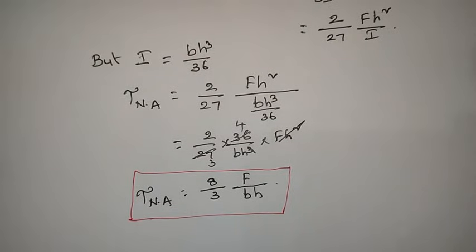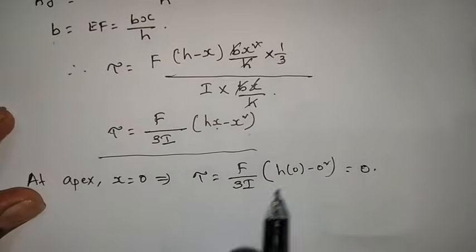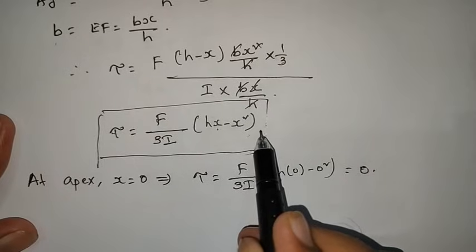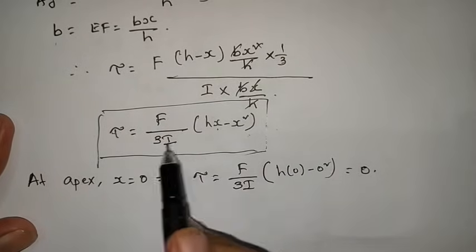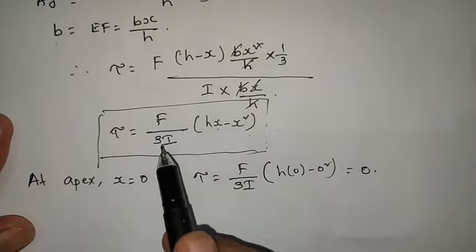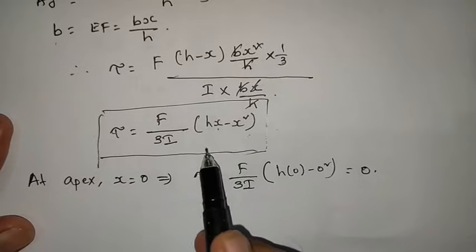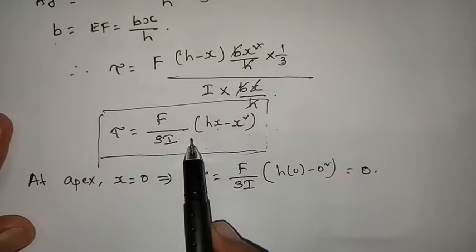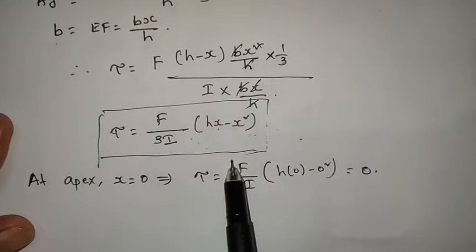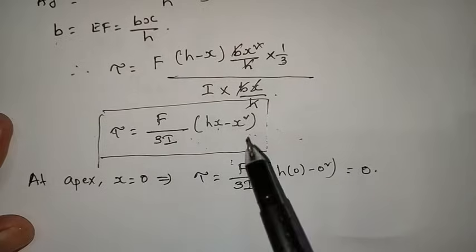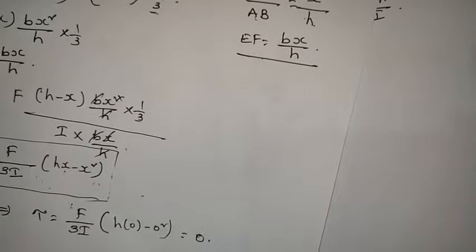So what is the maximum shear stress? So this is the shear stress expression. Okay, so if you differentiate that shear stress expression and equate it to 0, ఈ ఎక్స్ప్రెషన్ని మీరు డిఫరెన్షియేషన్ చేసి జీరోకి ఈక్వేట్ చేస్తే condition for maximum shear stress you will get, and if you substitute that condition in this equation you will get maximum shear stress. దీన్ని డిఫరెన్షియేషన్ చేసిన తర్వాత జీరోకి ఈక్వేట్ చేస్తే కండిషన్ వస్తుంది. ఆ కండిషన్ని మళ్ళా మనం ఈ ఈక్వేషన్లో సబ్స్టిట్యూట్ చేస్తే మనకి maximum shear stress value వస్తుంది. So now let us do that.